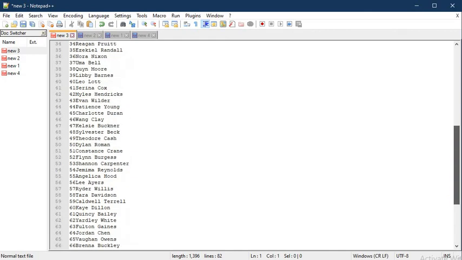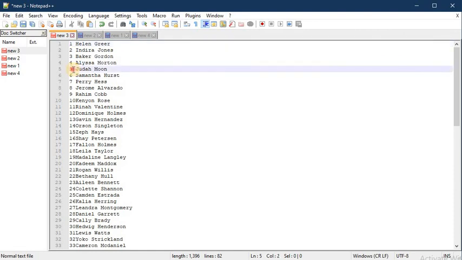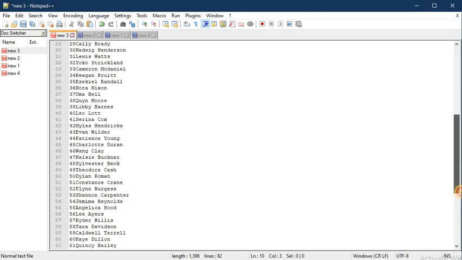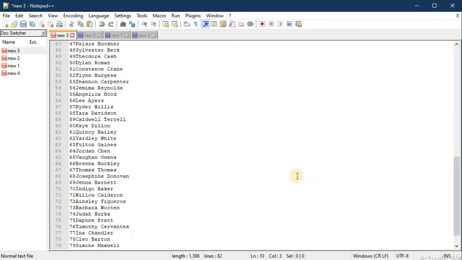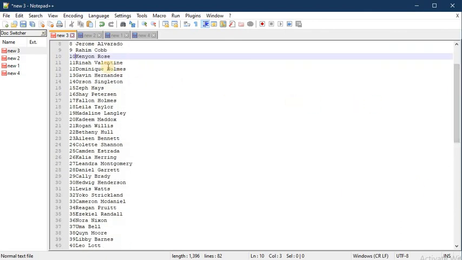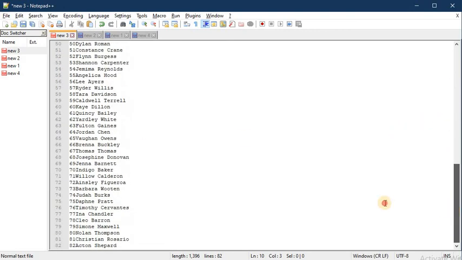And if you look, for single digit numbers we are getting this space, but for double digits it is not looking that good. This brings us to our next trick, which is vertical selection. I am going to insert a space for all these single digit numbers because it's not looking good. Click at the start point where we have to insert the space, press Shift and Alt, and go to the last point.